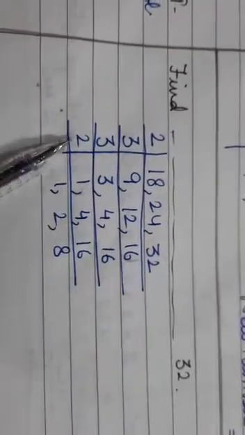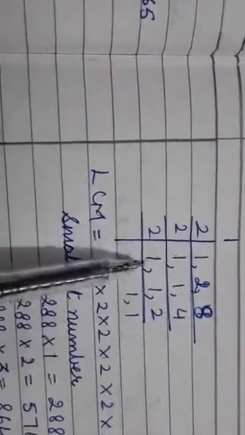Again by the table of 3. 3 3s are 9, 3 4s are 12, 16 comes as it is. 3 1s are 3, 4 and 16 as it is. Now in the table of 2 we can divide 4 and 16. So 2 2s are 4, 2 8s are 16. Now we are left with this. 1 comes as it is, 2 1s are 2, 2 4s are 8. Again by 2, 1, 1 and 2 2s are 4. Again by 2, 1, 1 and 1.